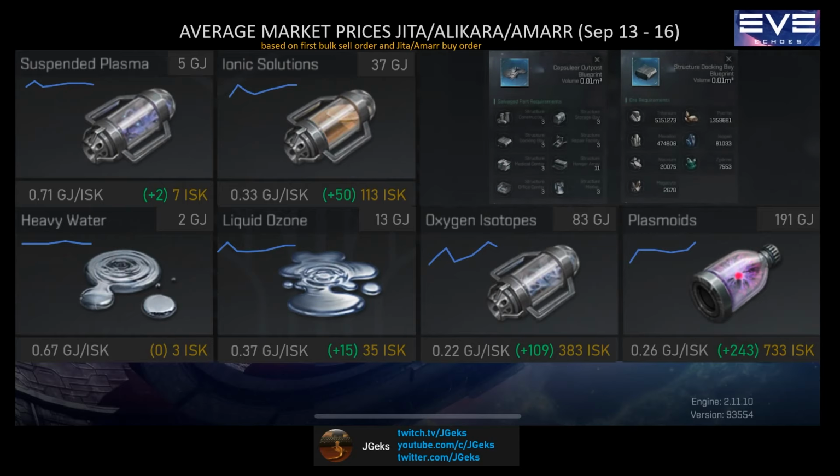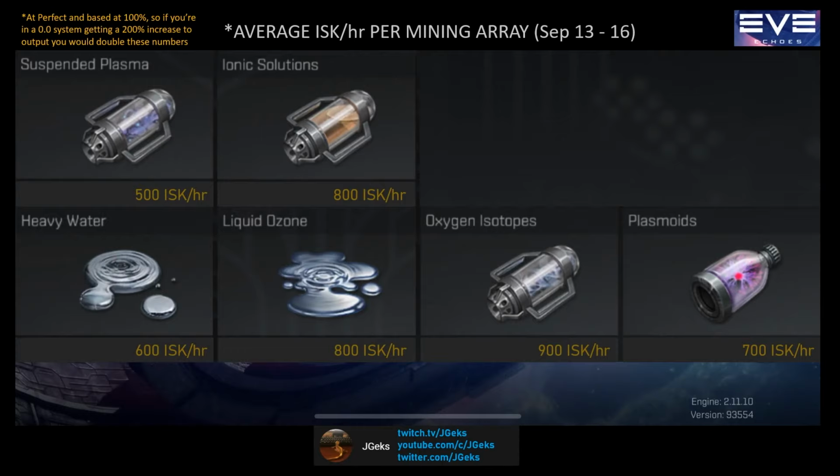The first capsuleer outpost has been built over the weekend as well, so expect these prices and demand for these fuels to continue to rise as more and more corporations prepare to make their own outposts in nullsec. Currently, all of these fuels are about equal in their returns per mining array, with variations of only a few hundred ISK. You should notice that all of these outputs are considerably lower than all of the alloys, compounds, and